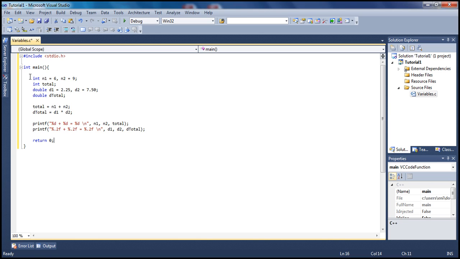So we declare the two integer data type variables, one is 6, one is 9, and we declare another integer variable called total, and then we're adding n1 and n2, which is 6 and 9, so that will give us 15, and we will store that value inside total. And the same thing happens for D1 and D2, but instead of adding, we're multiplying and we're storing that value